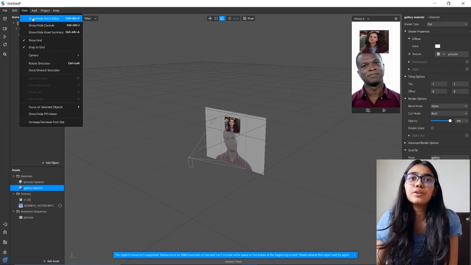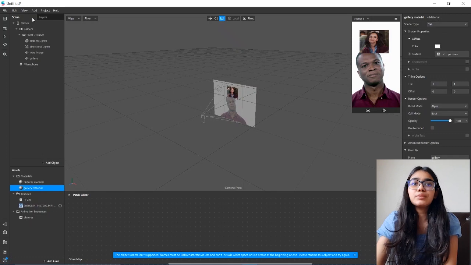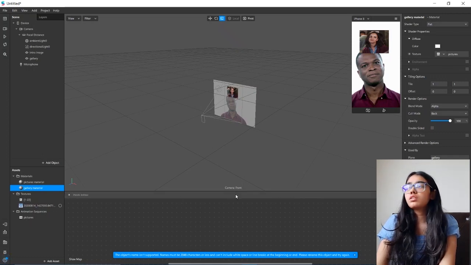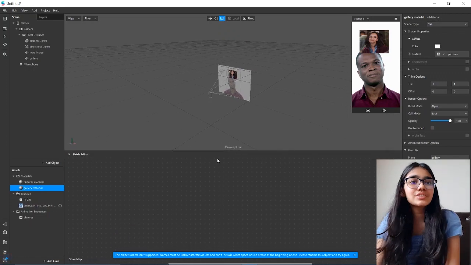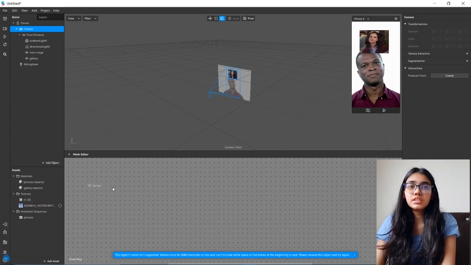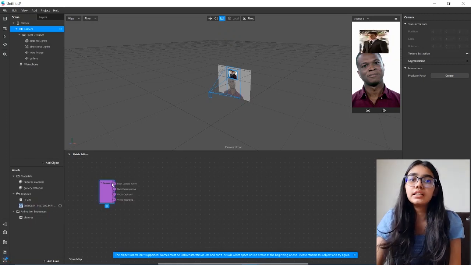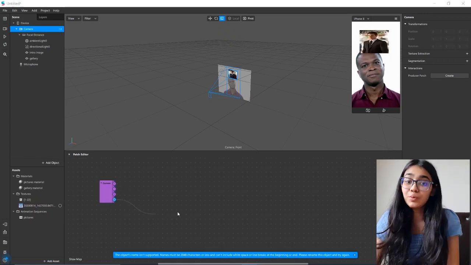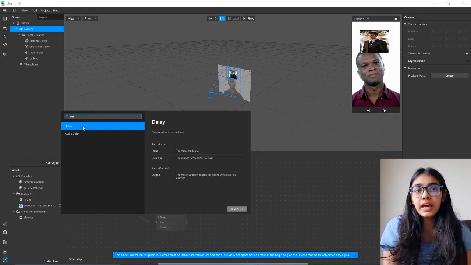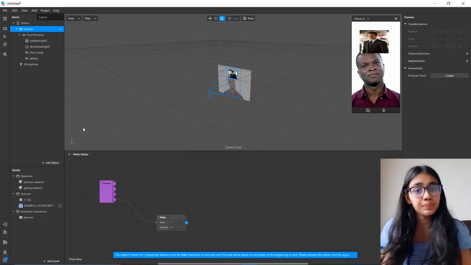Now we're gonna go to view and choose hide or show your patch. So this is basically a work area. You can adjust it. I'm gonna start by taking camera and sliding it into our workplace. Then we're gonna take our voice recording node and type in delay.